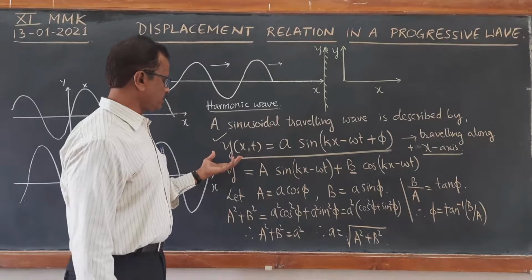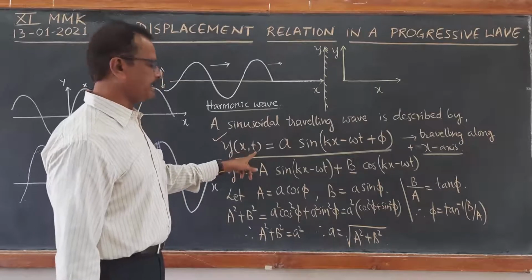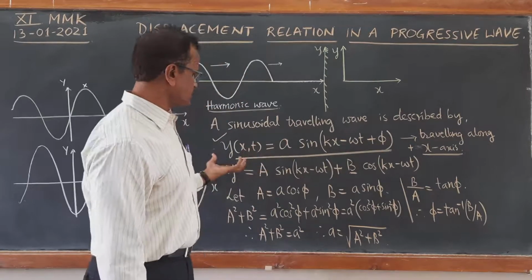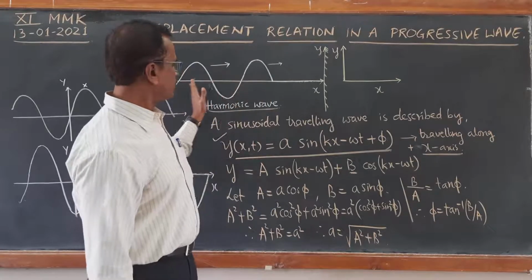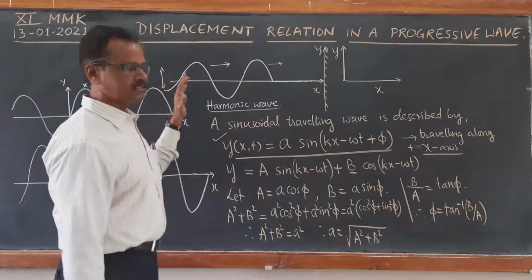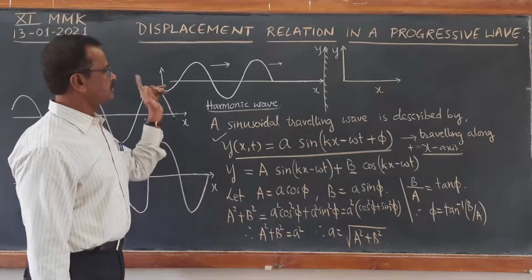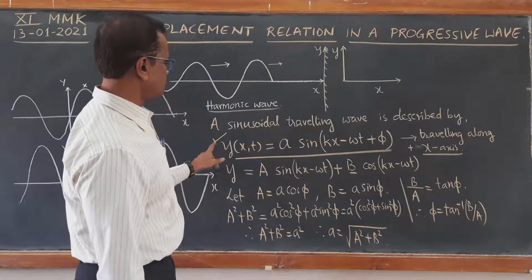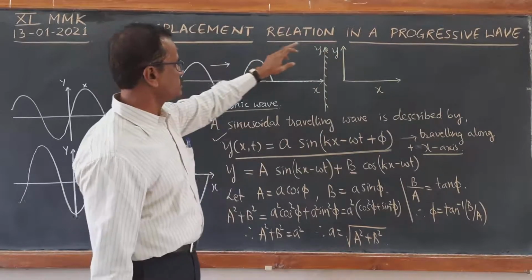So we got the equation for the displacement of a particle at any location x and any time t, given by y equals a sin of kx minus omega t plus phi. This equation describes the entire wave pattern that is set up in a medium, like a stretched string, as long as the vibration patterns continue to travel from one end to another. This is the meaning of the traveling wave, or progressive wave, displacement relation.